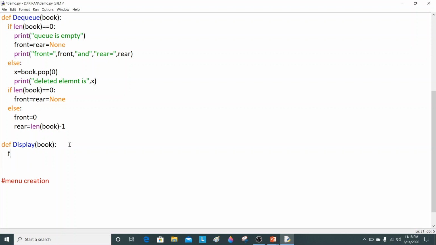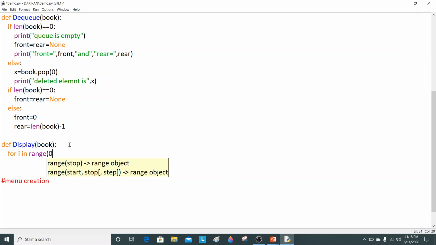So I am using a for loop: for i in range, from 0 to len of book. It means that the elements will be displayed from the 0th index element till len(book) minus 1.